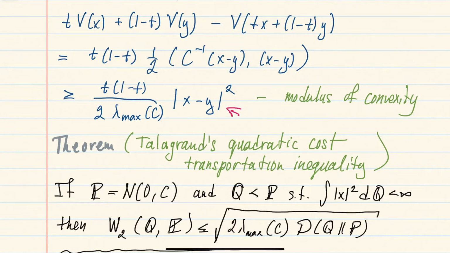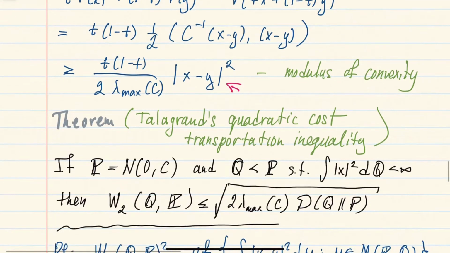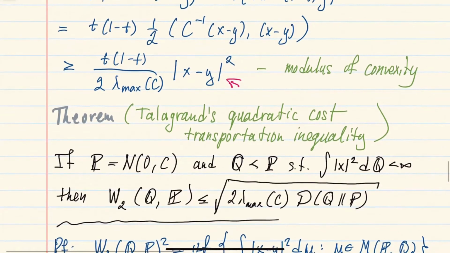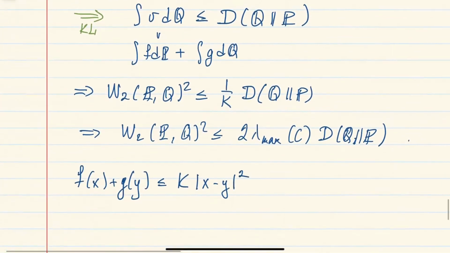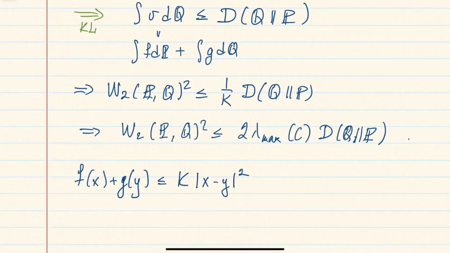Okay, so if we go back here, the only thing that is missing is this factor t times 1 minus t. Okay, so here, first of all, k was less than 1 over twice the largest eigenvalue of c, and then